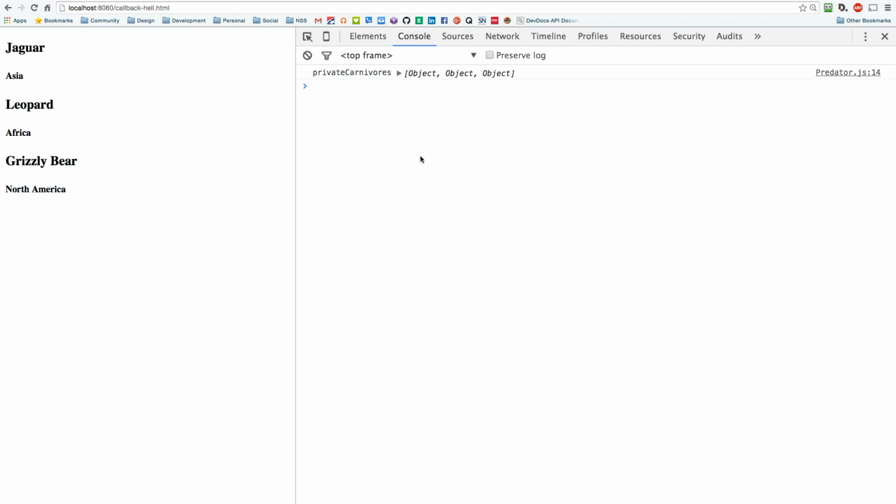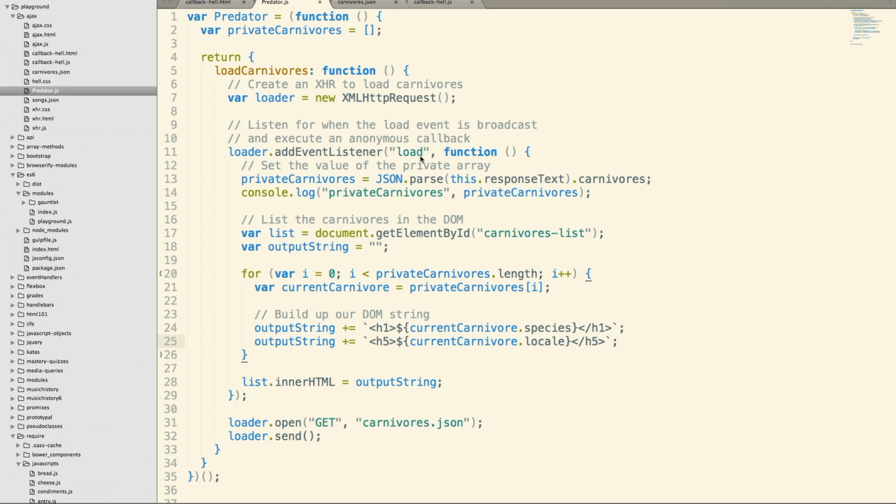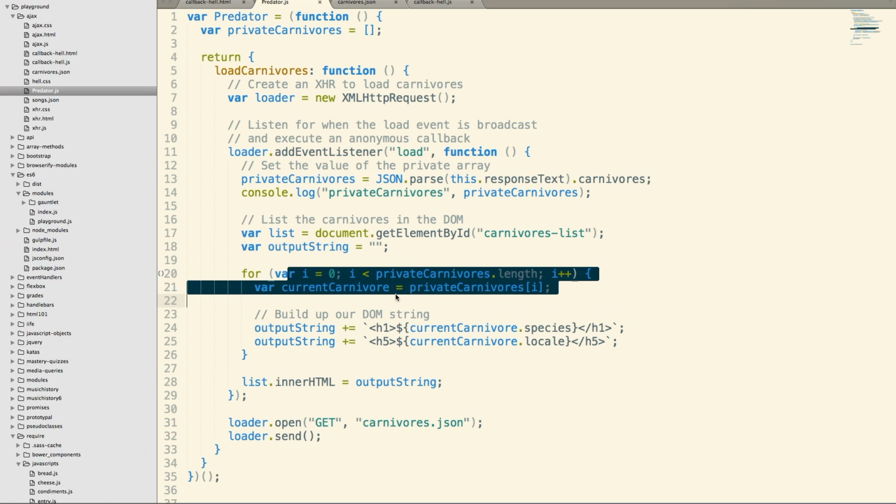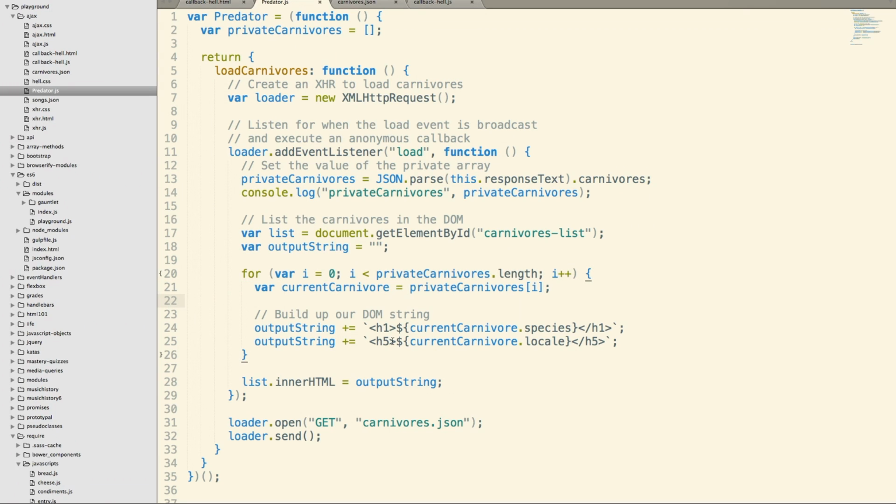So it works. We read a JSON file, we convert it into a native JavaScript object here, then we loop over that object, build up a DOM string, and output it. You've done that several times up to this point. However,